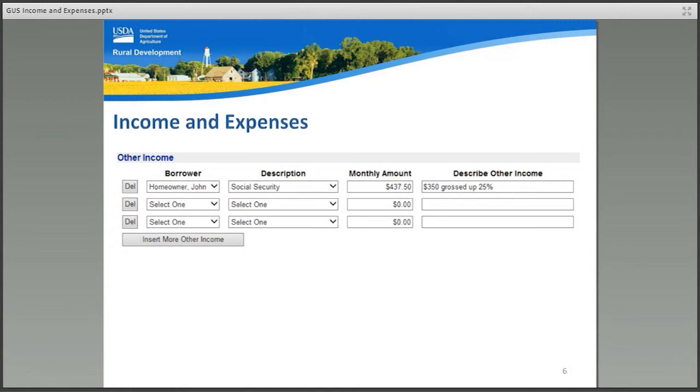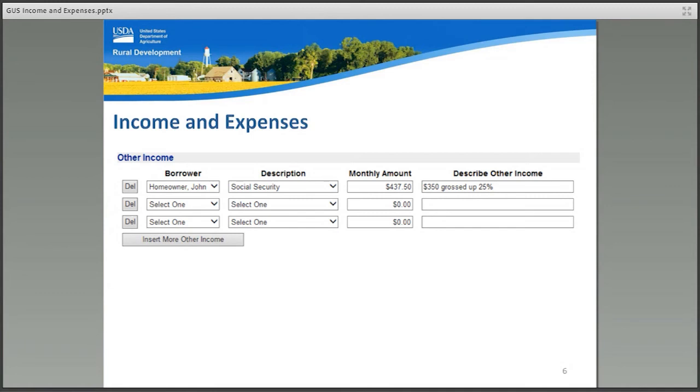Monthly amount: enter the monthly amount of the other income received. And in Describe Other Income, enter any notes in this data field to include pertinent information that is important for the underwriter and USDA. For example, on this slide, Social Security income was entered. The monthly amount entered was not the actual amount, but rather the grossed up amount allowed under current USDA guidelines.